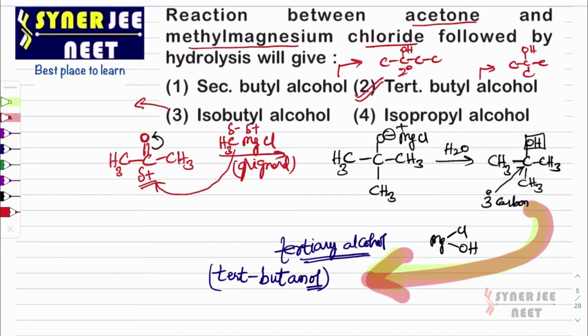Isobutyl, I will explain, although this is not the answer. Isobutyl will be a structure like this. 3 carbons will be there in this manner at the terminal position of the group, and since we require 4 because butyl is there, one more carbon is attached and to this OH is attached. If this group is there at the terminal of the alcohol, we call it iso alcohol. Now here, isopropyl alcohol is the fourth option. Iso means, as just explained, this group will be there at the terminal. And propyl means only 3 carbons, already 3 are covered, and OH will be there. This is the isopropyl alcohol.